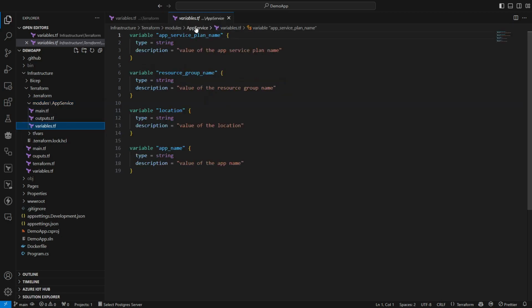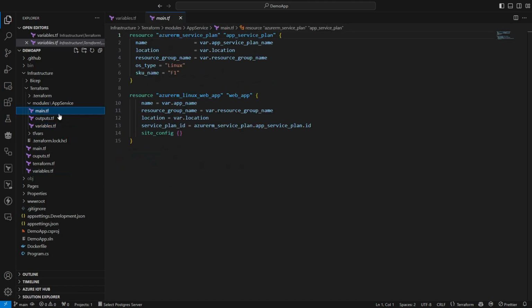In the variables, we'll see the same variables that we used in our base variables. And then in the main, we now have the resources which we're actually defining. In this case, we're doing an app service plan and then a Linux-based web app. This is using App Service in Azure, and it's taking those variables to deploy those resources.